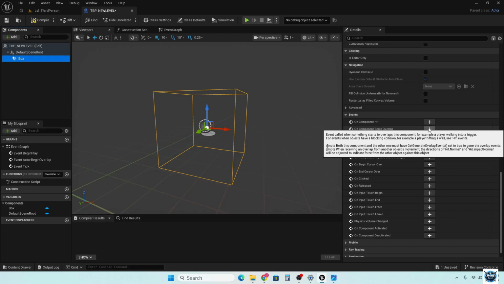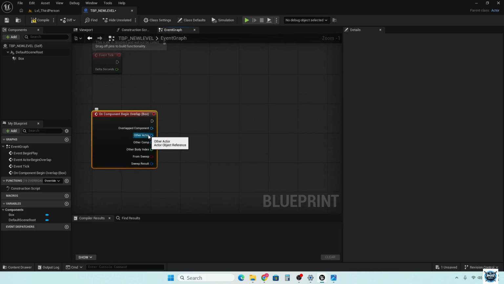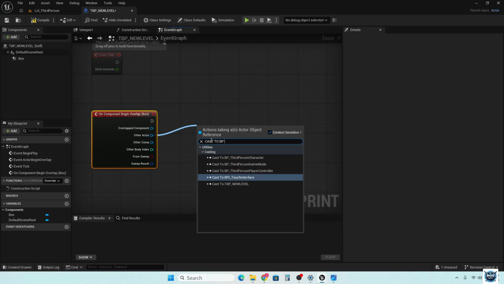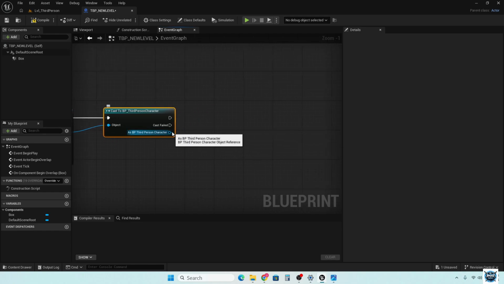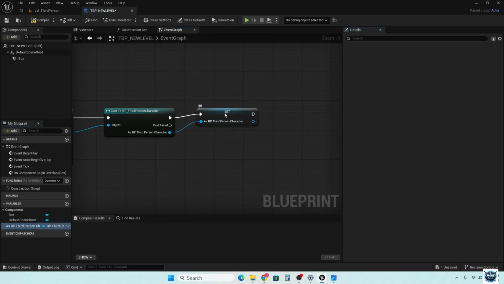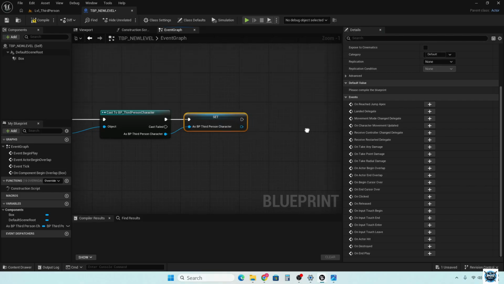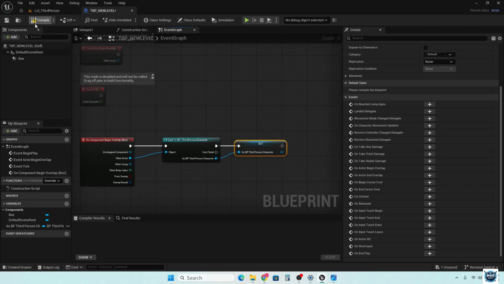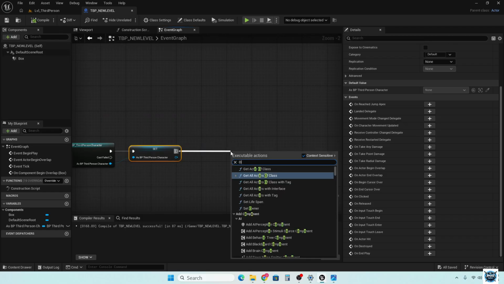If you just click this little plus sign right here, it'll bring you this, and from here all you got to do is on this overlap is grab this other actor here, and from here we want to cast to our BP third person character. Alright, and from there, just in case you want to use this later, I always go ahead and promote it to a variable just to make sure, but yeah, just promote that to a variable,